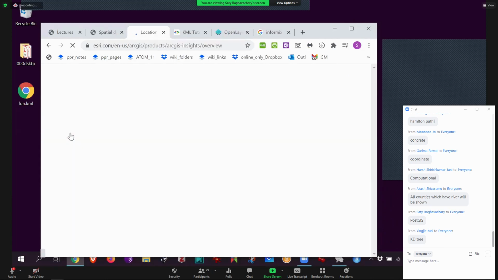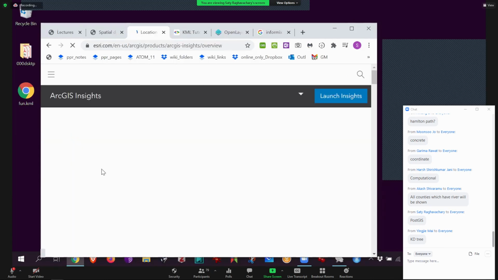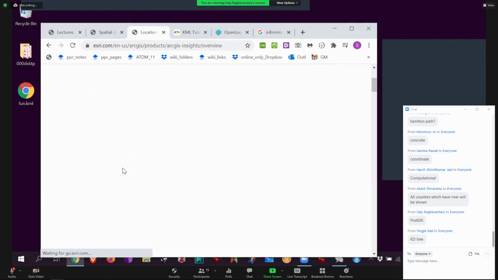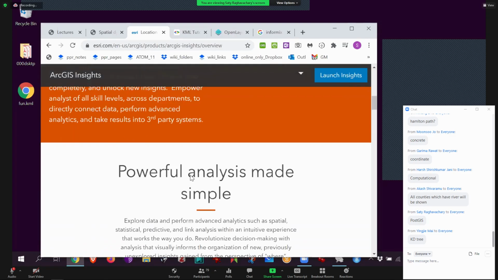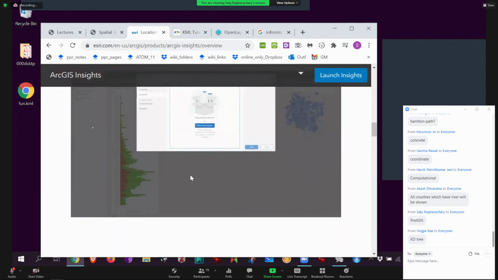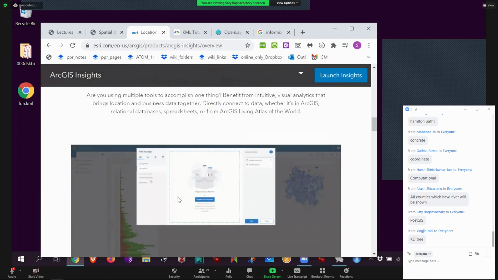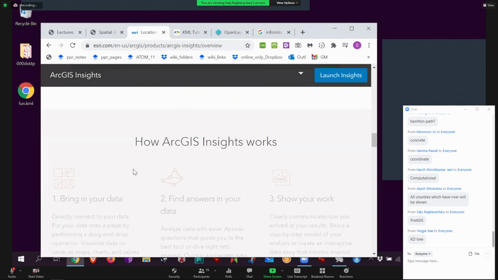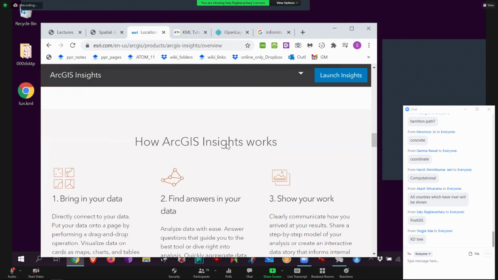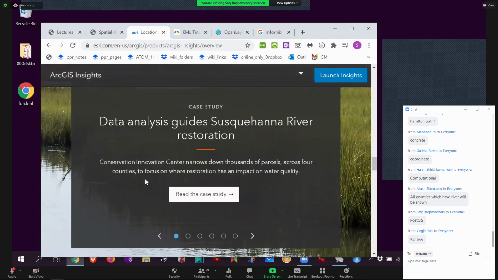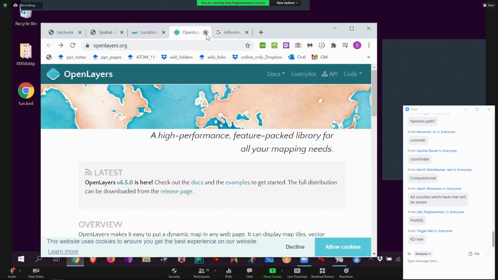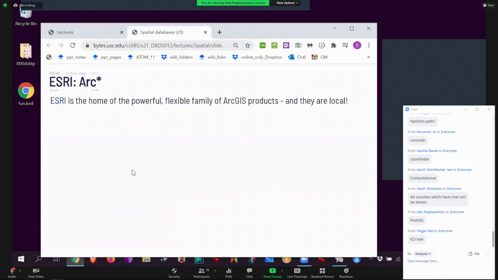They make location basically a no-brainer. They're just telling the whole world, give us your data as long as it is spatial, and we'll take care of the rest for you. That's a very powerful thing. These are things that people dreamed of doing in the past, right? But they just couldn't. But then this just comes and says, just give us your data, we'll do it for you. All right, cool. And then it can be used for really neat things like this, like environmental sciences. All right, so KML, ESRI, spatial database.